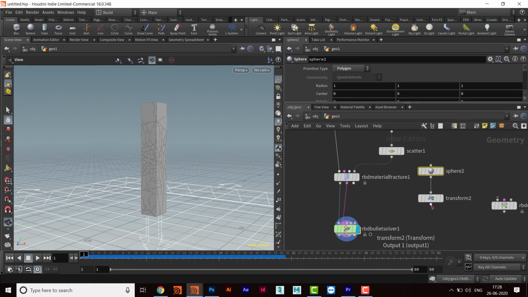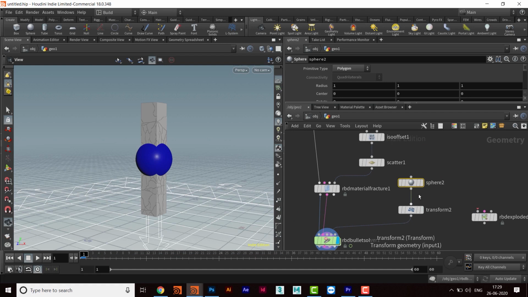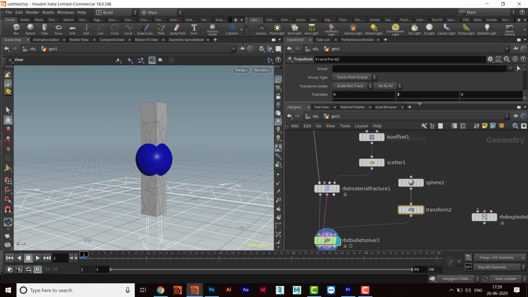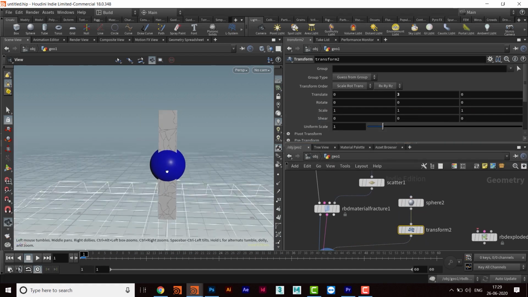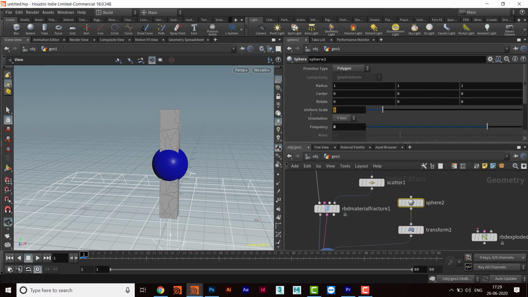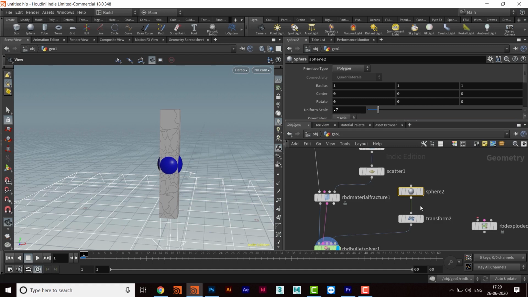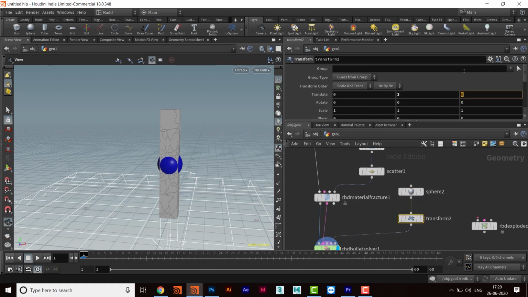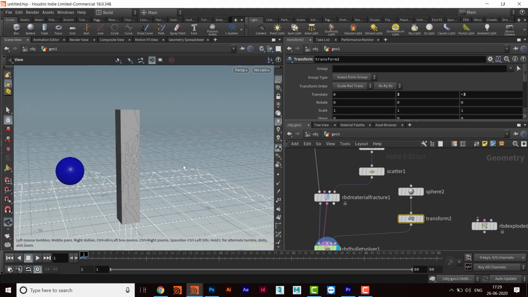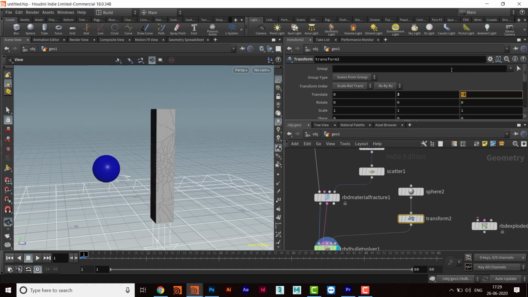Okay, and then I will connect it to the fourth input of the solver. I'll reduce the size of this also to 0.8 or maybe 0.7. Yeah, and then I'll take it to -3 in the z-axis, or -4.